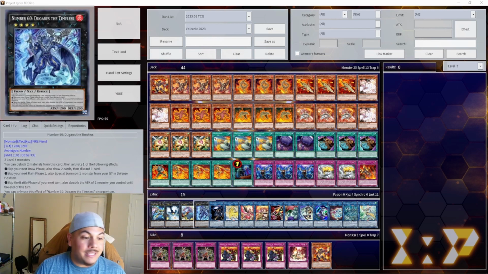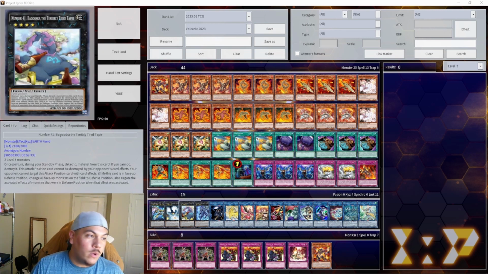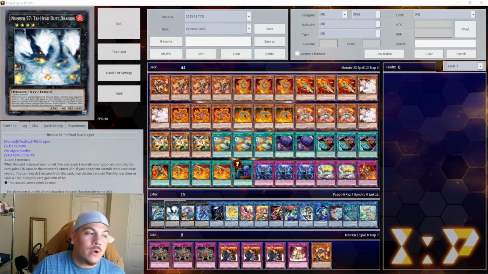Next, for the Xyz monsters, we play 1 number 60, Dugarsa Timeless, drawing 2, it's not bad. We play 1 number 41, Baguski, alternate artwork. We need this as a lost art. I want this as a lost art. I guarantee you, Konami, you put this as a lost art, everybody's gonna be buying all of your sealed product, guaranteed. Next, I play 1 number 57,